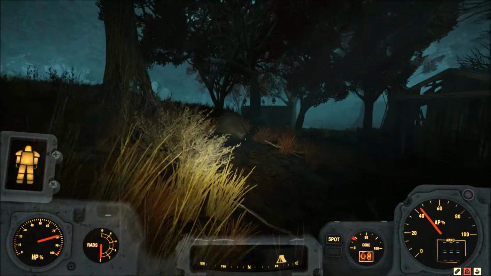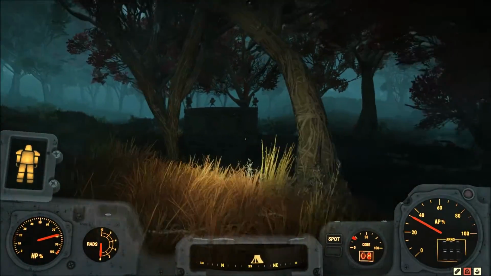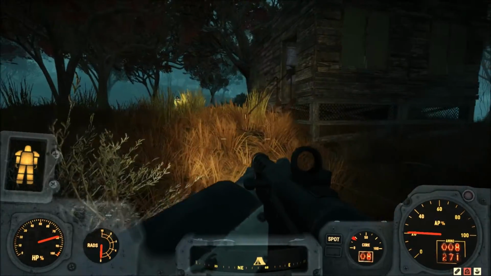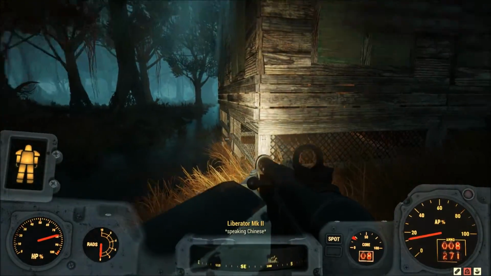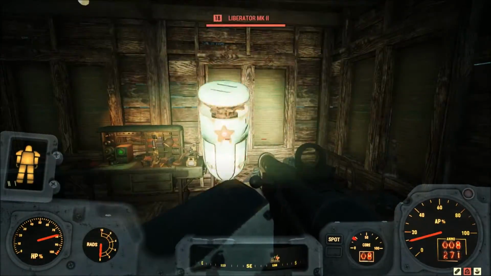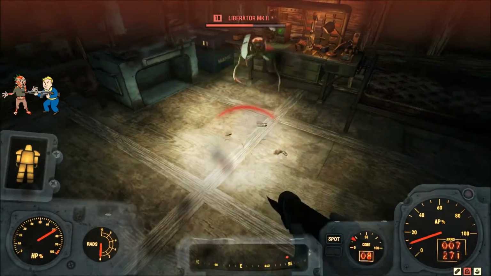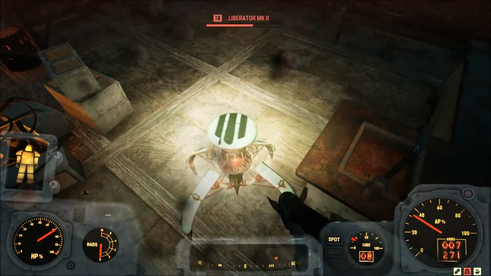Though it seems that most of these places I've come across so far have been Free States people. All these bunkers have the mark. Someone's attacking my base. Oh, Liberators. Punks. Where you at? He's inside of it. Hey, hey! Get out of here. Oh, you little...